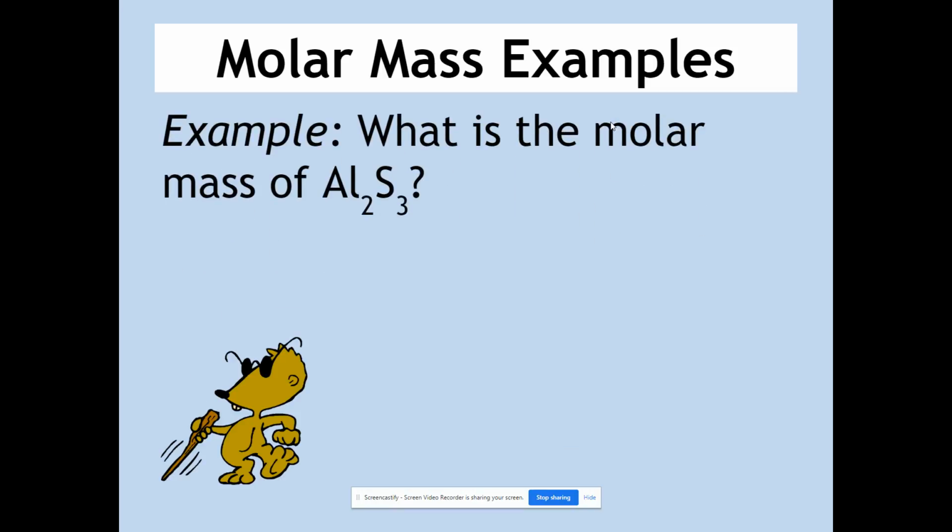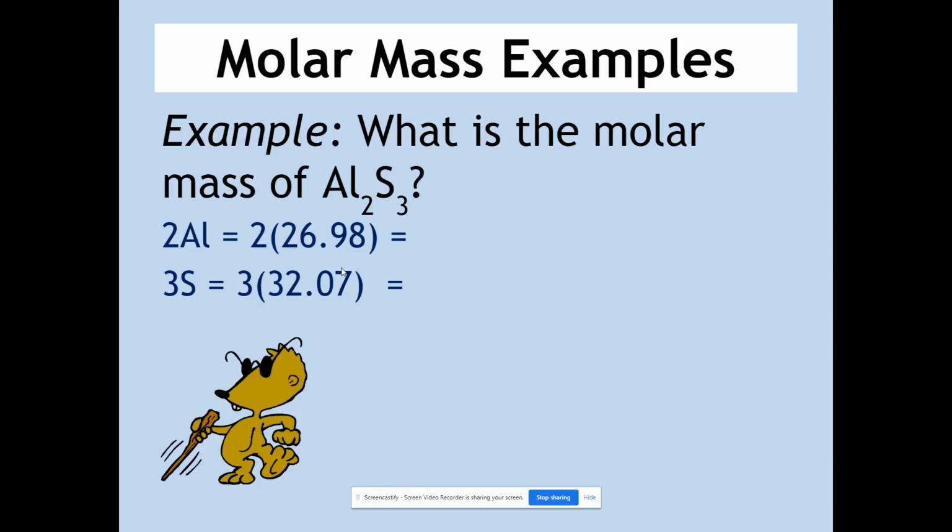What we can do with molar mass is then take a substance, right? This substance here, dialuminum trisulfide. How much does it weigh? What is the molar mass of this substance? We can take that weight by multiplying the number of atoms times that atomic mass. So we've got 2 aluminum atoms. We can multiply those 2 by the atomic mass of aluminum. That's going to be